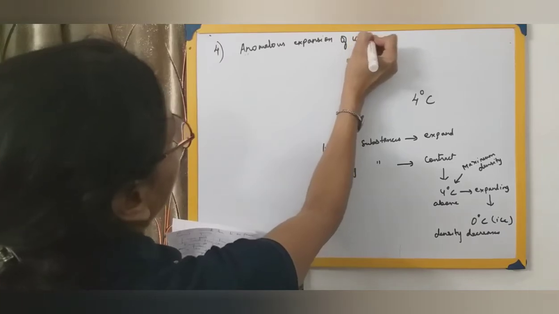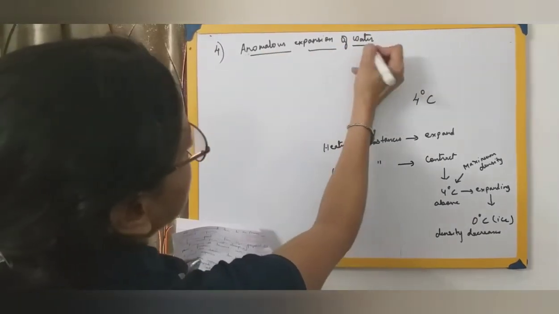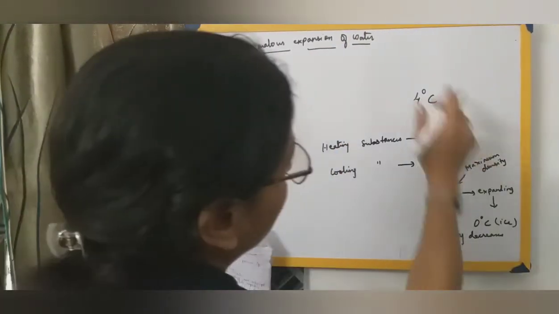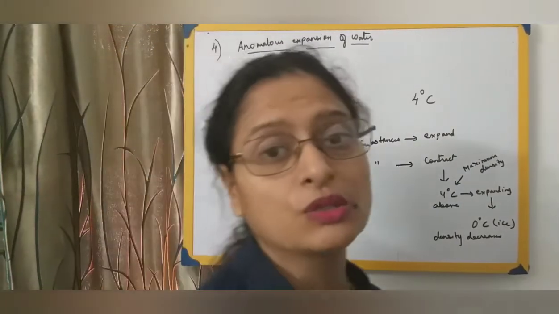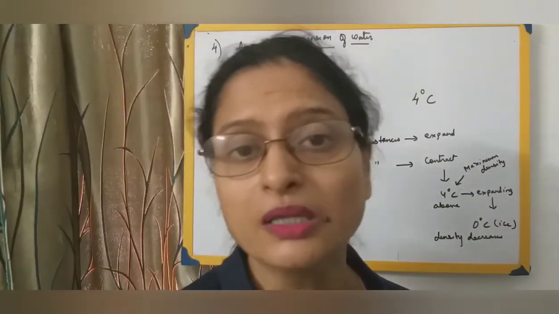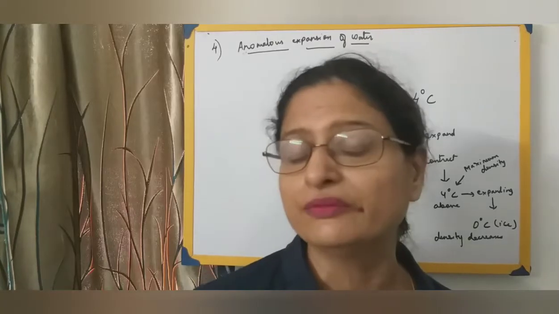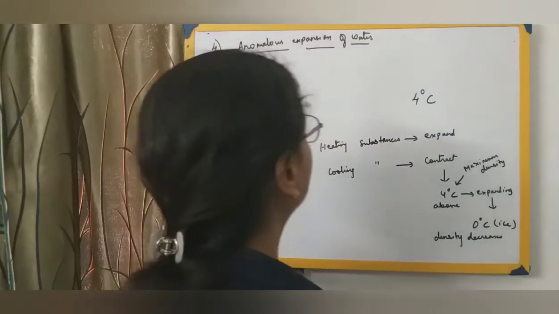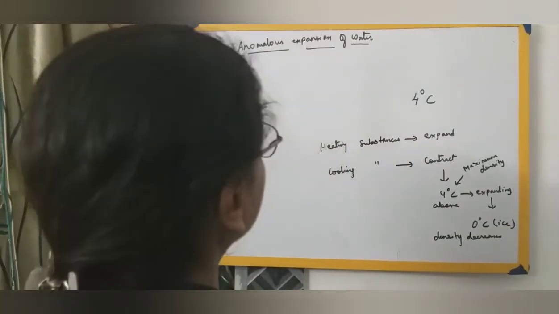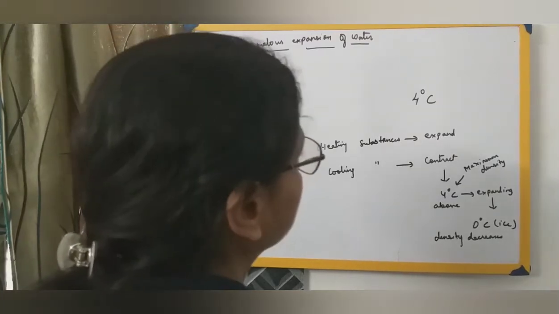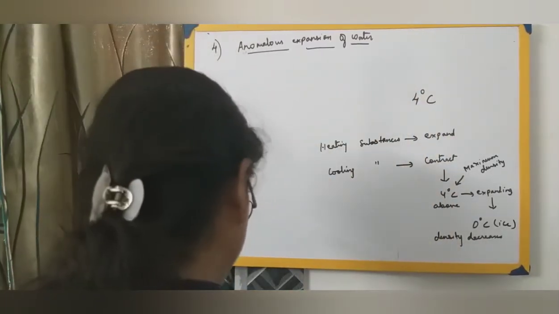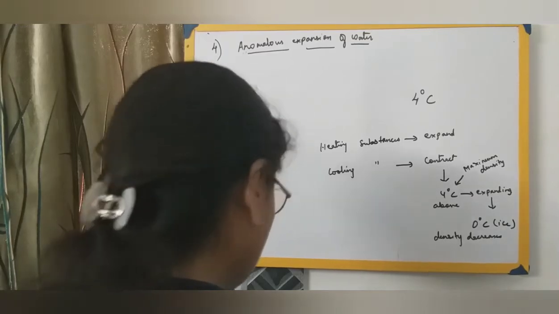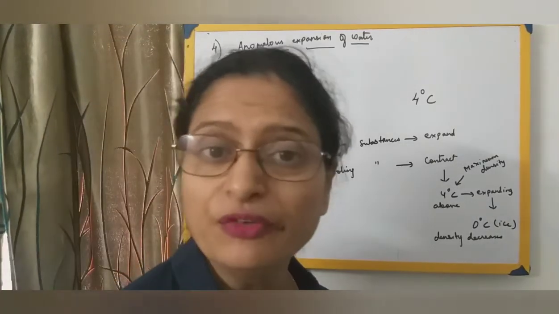Now this is a very important phenomenon shown by water. See that you go through it carefully. This is an important part of the physical properties, so learn it carefully, because from all these properties, this is one of the very important properties of water. This expansion of water is called the anomalous expansion of water. And this anomalous expansion of water is very much helpful to marine life. How is it helpful to marine life?